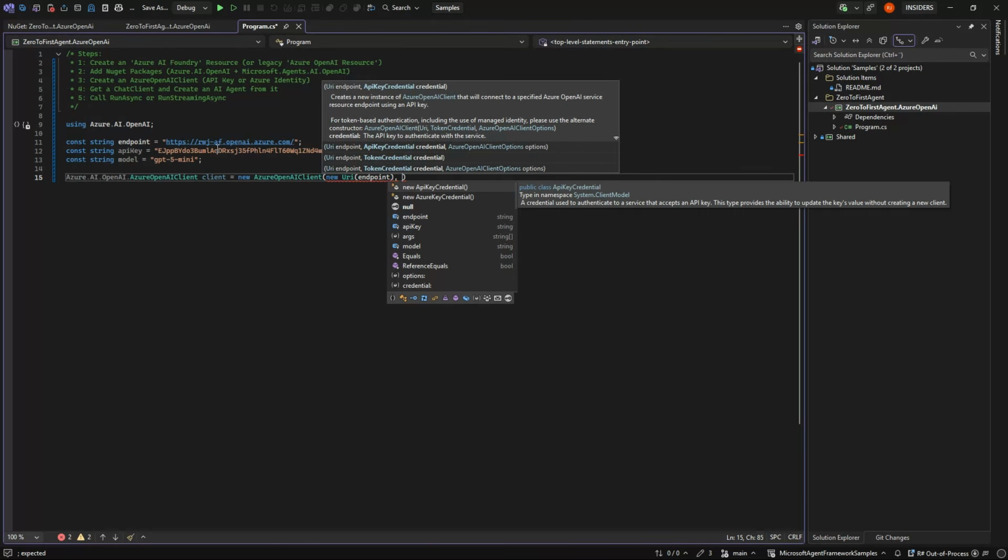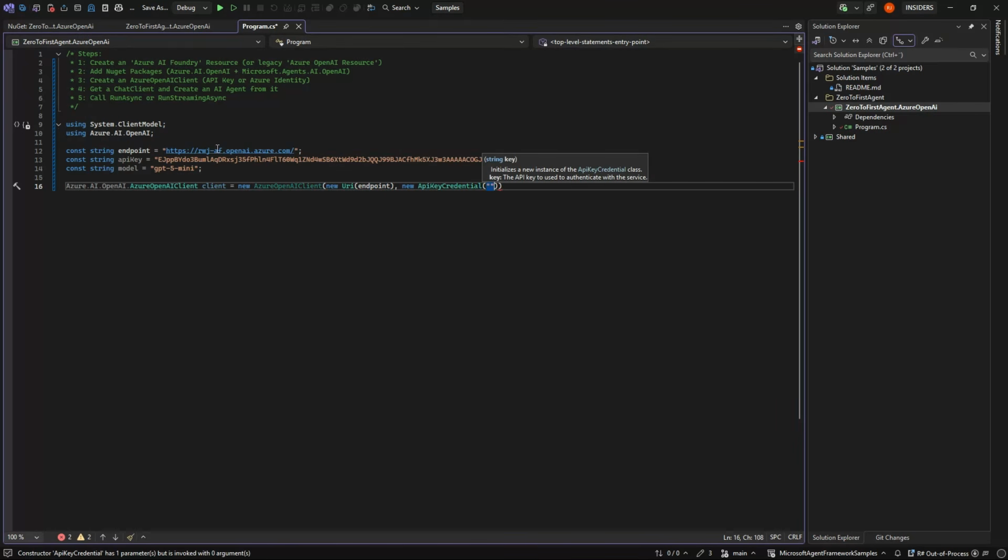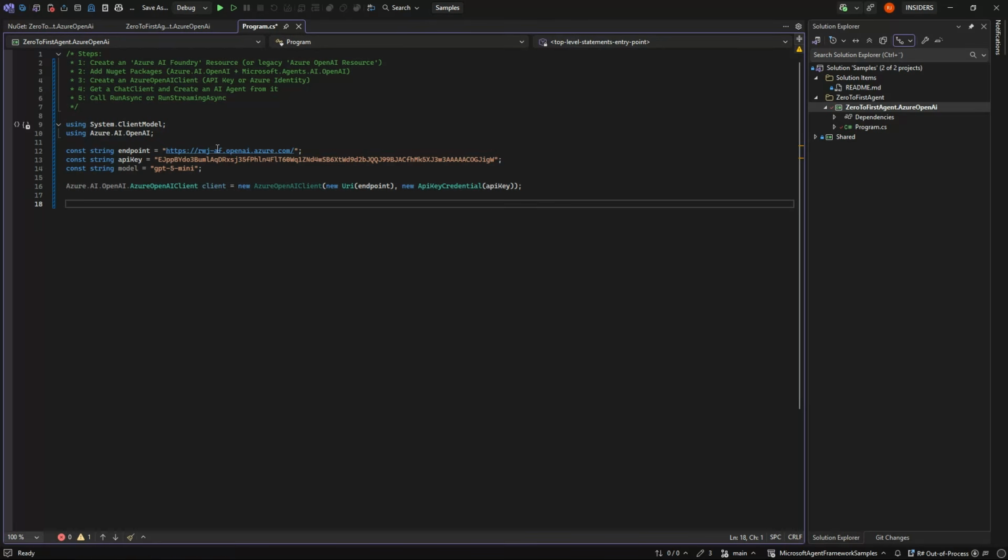If we had the Azure identity, we could also have used the default credentials, use the Azure CLI in order to authenticate and then be up and running. But that's like any other Azure resource, so I won't go into how to do that in this video. I'm just going to use the API key, and we have our client.